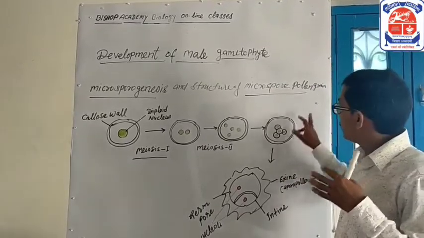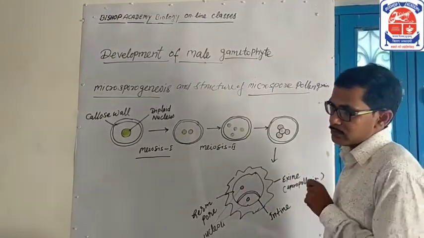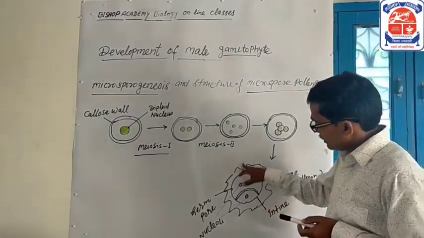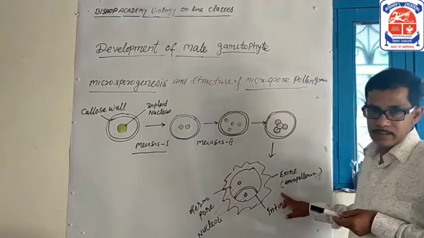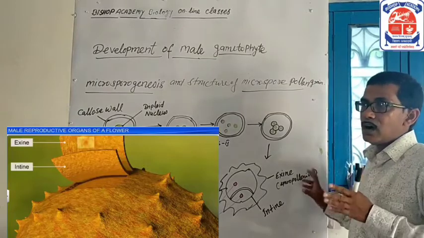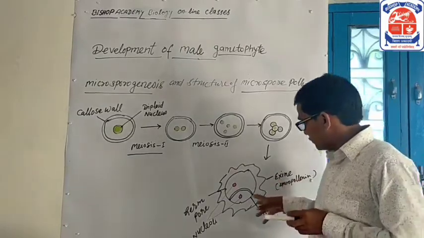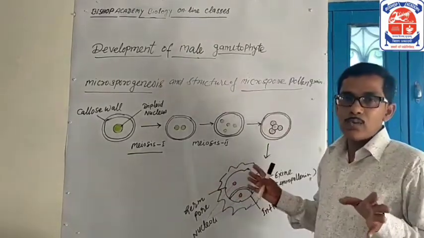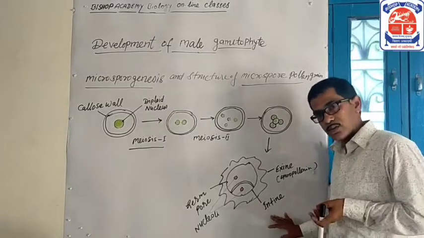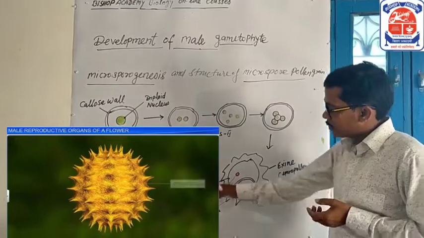Microspores, meaning pollen grains, further participate in the process of sexual reproduction. Then what is its structure? Firstly, its outer layer is called the exine layer, which is mainly made up of sporopollenin, a hard organic compound found in the outer layer of pollen grains. The inner layer, which is made up of cellulose or pectocellulose, is called the intine layer, and in some places of the intine layer germ pores are found.